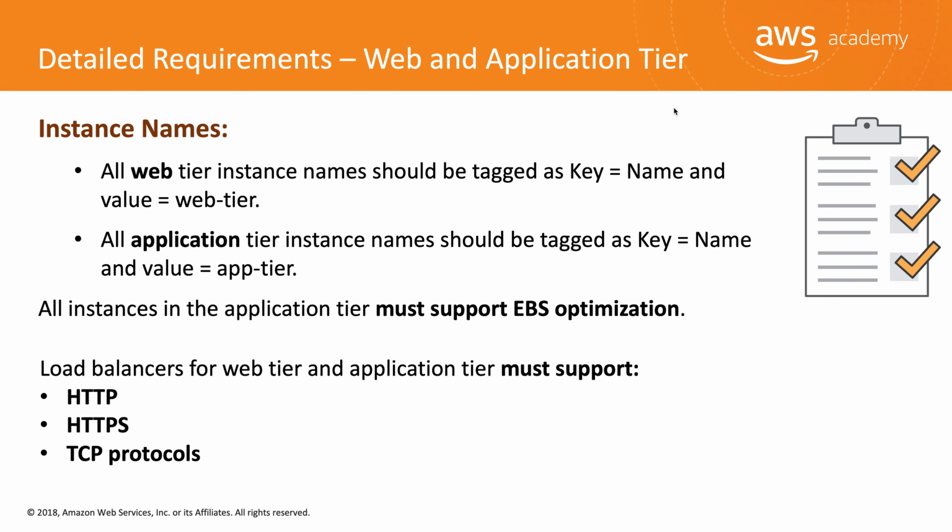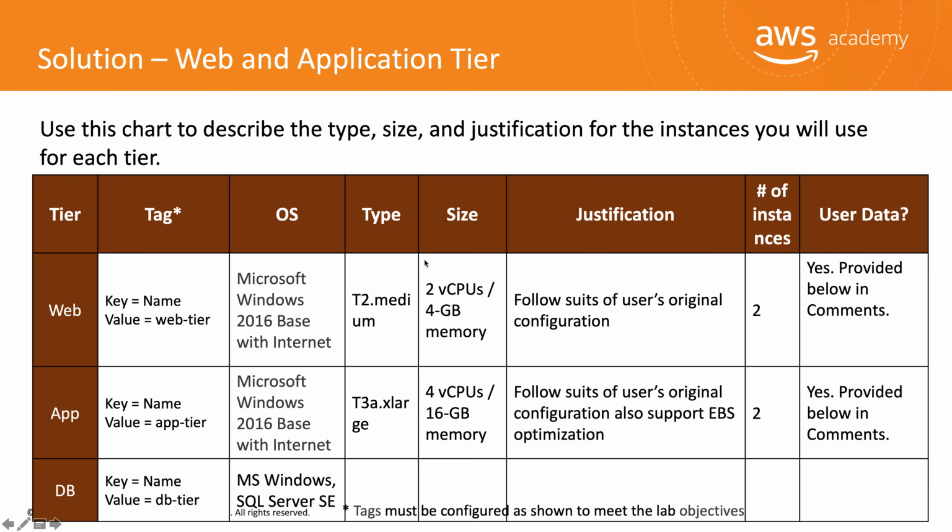For the web tier, the tag is key equals name and value equals web tier. The OS should be the same, Microsoft Windows 2016 base with Internet Information Services. And the type for AWS should be the T2.medium, which has exactly two virtual CPUs, with each machine having 4 gigabytes memory. The justification for the choice is that we need to follow the users' original configuration. And for instances, we need two because this is for high availability,